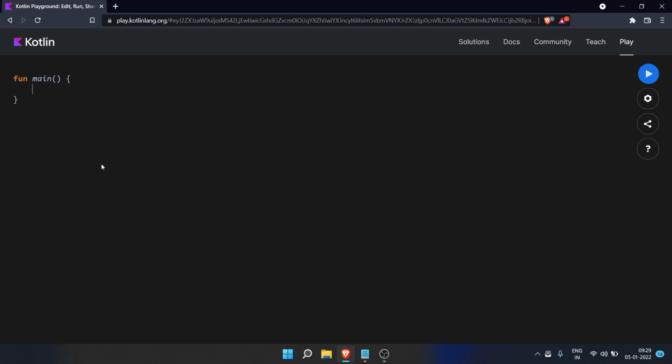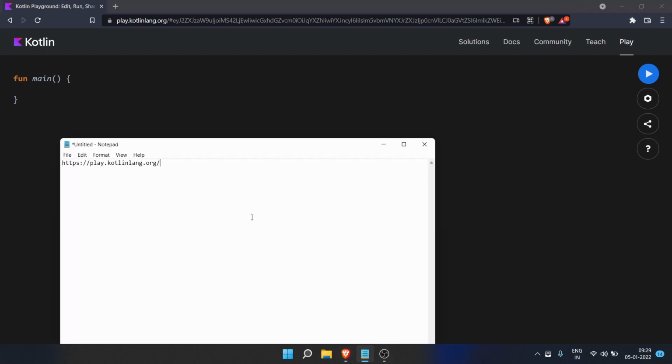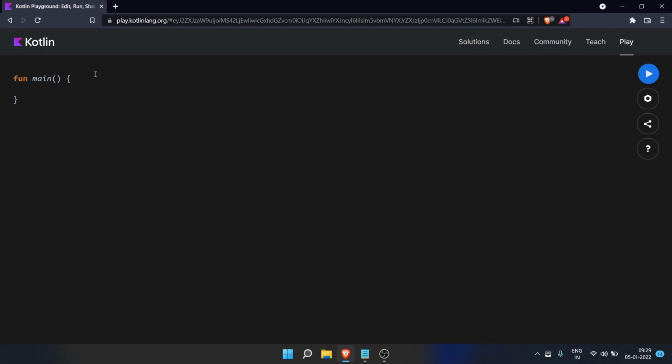So we explored this platform, play.kotlin.org. If you copy and paste it in a new tab, you will get a similar window. I will note down the website here, so I can put the same in the description later.